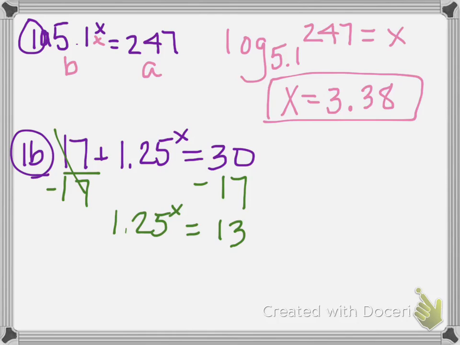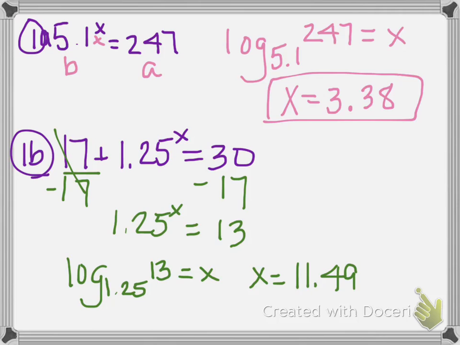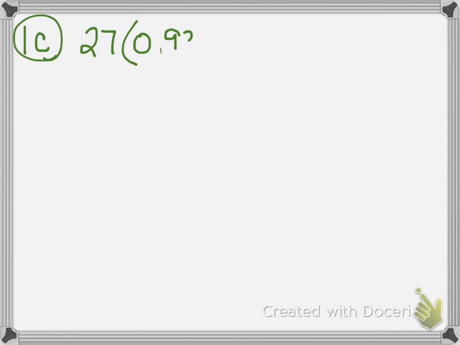And again, I have my definition of a logarithm. So this becomes log base 1.25 of 13 equals x. And then again, plugging in the calculator and calculating, we get x equals 11.49. All right, so that's 1a and b. So here's 1c. This one says 27 times 0.93 to the x power